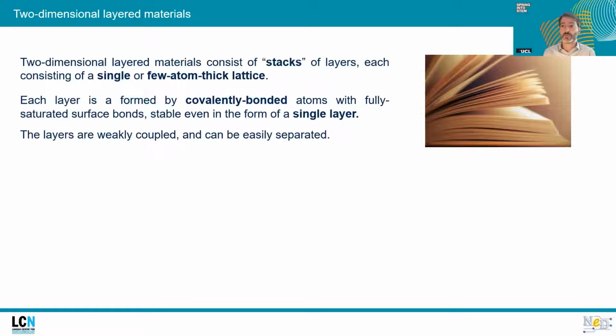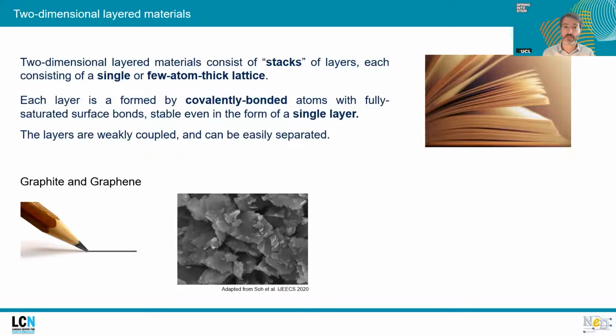The most common layered material is graphite, with the corresponding single-layer material being graphene, which is the material that we find in a common pencil. So if I imagine using a pencil and just look at the trace that I'm leaving, if I take a microscope image of the trace, I would see something like this. And that gives me an idea how this graphite consists of many different crystals that are very easy to slide one on top of another. And that's the reason why I leave a trace when I slide a pencil on a page.